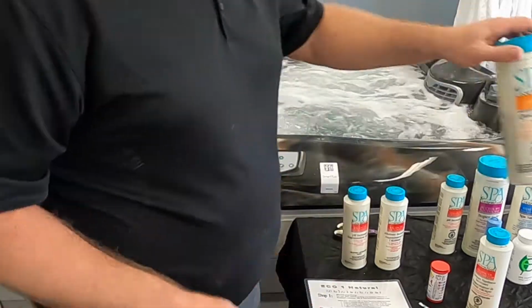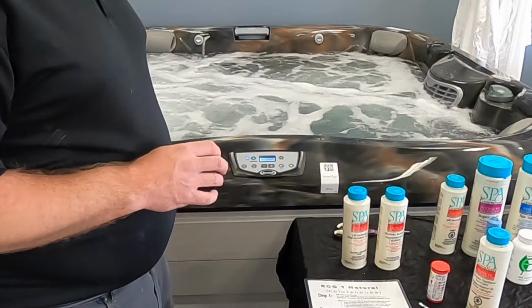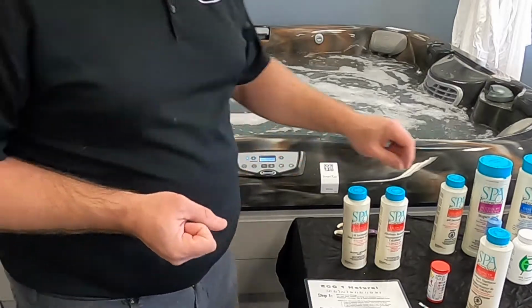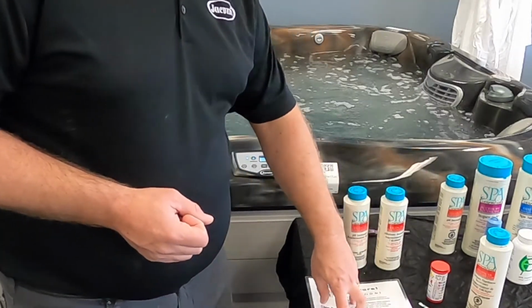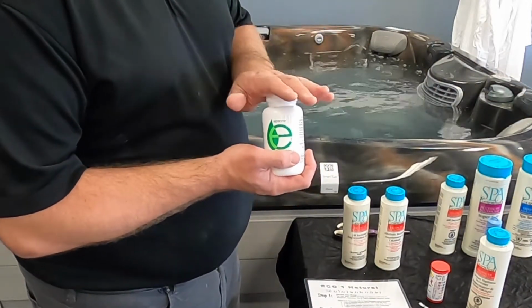And then the last step is actually not a part of the weekly system itself. It's more of the long-term part of the maintenance. So it talks about adding 1 bottle of the Eco One. The Eco One